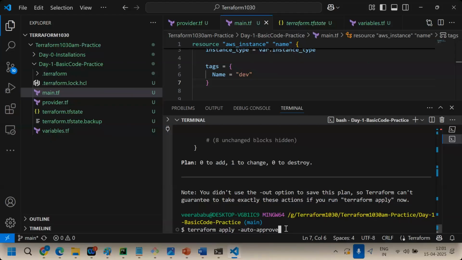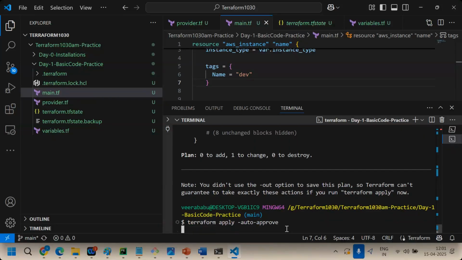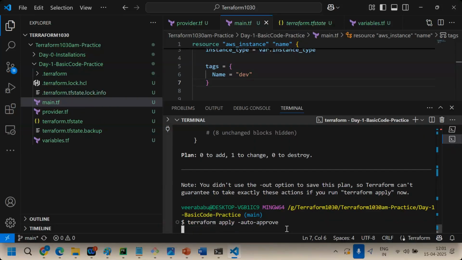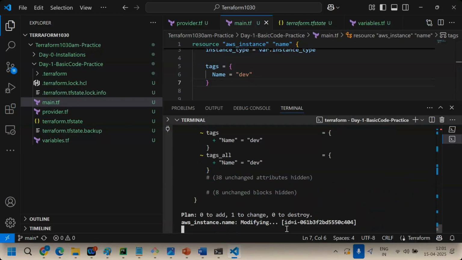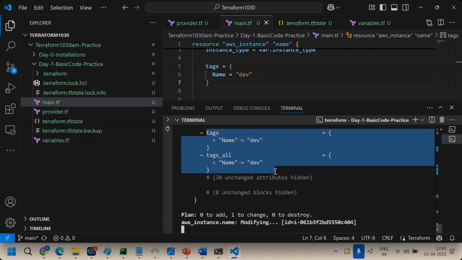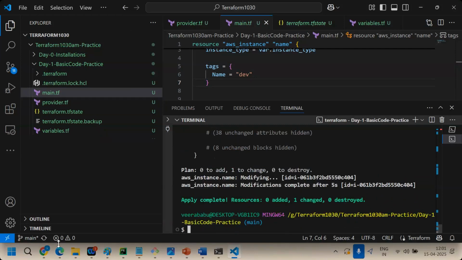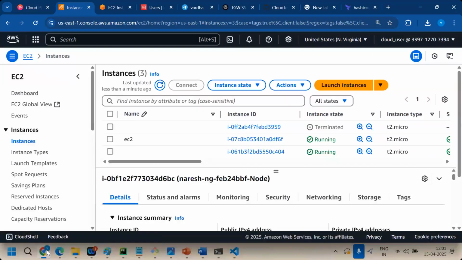You can apply. The state will immediately check: this server is already there, only the tag is missing, so it can update the tag. Understand? See, creating only the tag. Done. Now you can go and refresh here. Is the tag updated or not, without deleting? Yes.